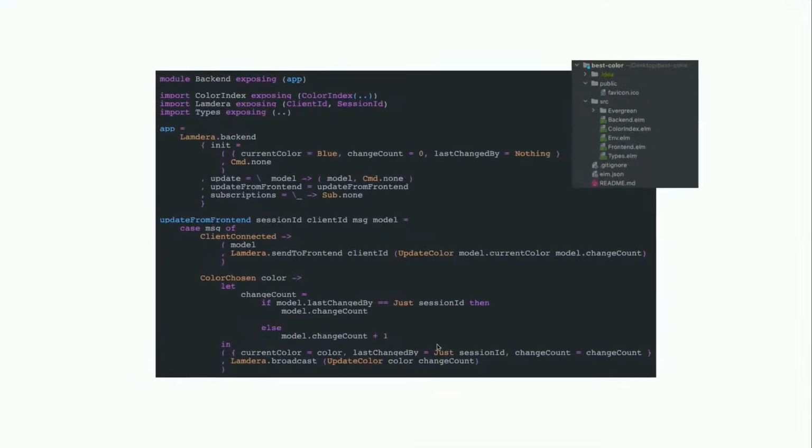To give you a better idea of what this looks like, here's the backend code for the best color app. Again, the first app I showed where you could fight over which color is the best. This is the backend code for that, and it's so little code I can fit it in its entirety on this one slide. It's like 30 lines. Admittedly, color index is just an enum of the possible colors you can pick, so that's in a separate module. This is something Lambdara defines. So these are functions I can use. And types is